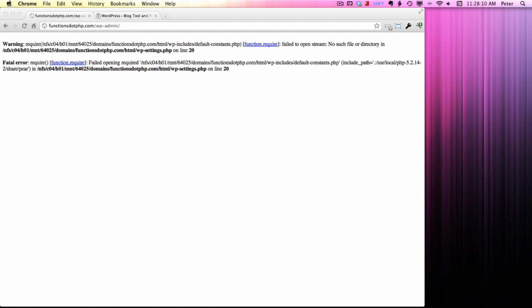So here's what we need to do. Well, first of all, a couple other reasons you might need to do this. If you got hacked, you want to make sure all your core files are clean. So you want to upload via FTP to ensure that all of your core WordPress files are exactly as they're supposed to be. Now that's not the only thing you need to do if you get hacked, but it's one of the things you need to do. Another reason, like I mentioned, maybe you started tinkering with some WordPress core files, even though